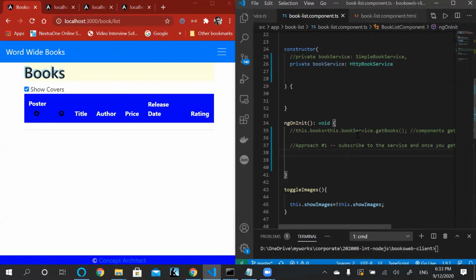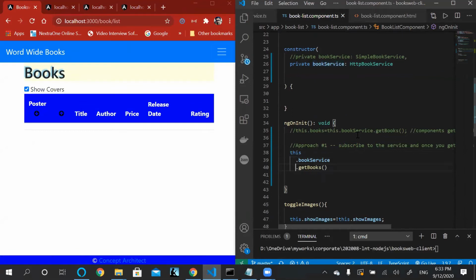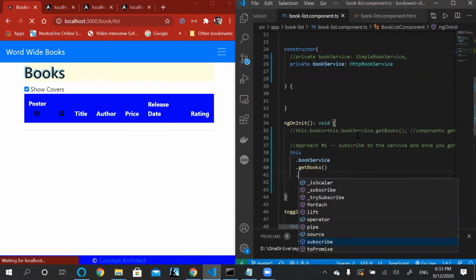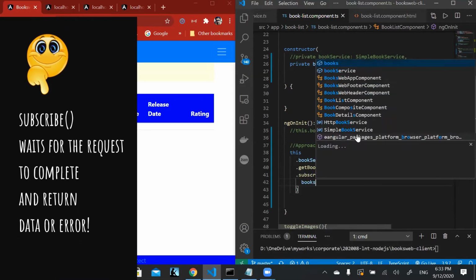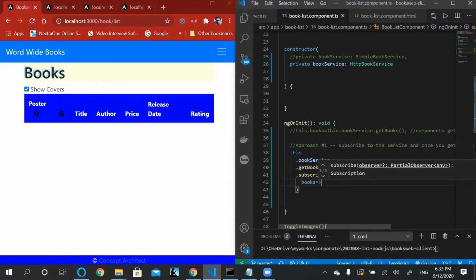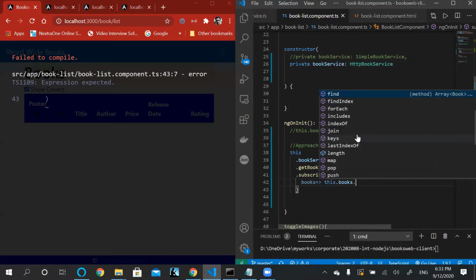So to get the result, we will say this.bookservice.getBooks, and getBooks returns us an observable, and observable can be subscribed. So we are going to subscribe this observable and expect that it will return me books, and once it returns me a set of books, I am going to assign it to my books collection.